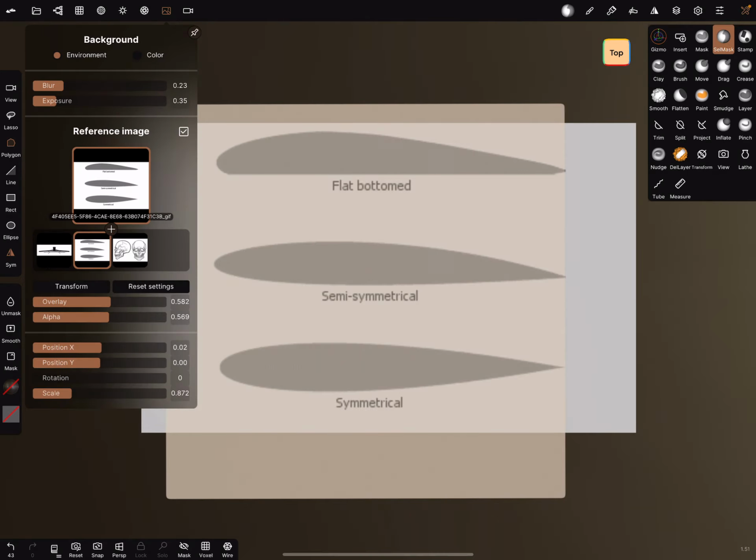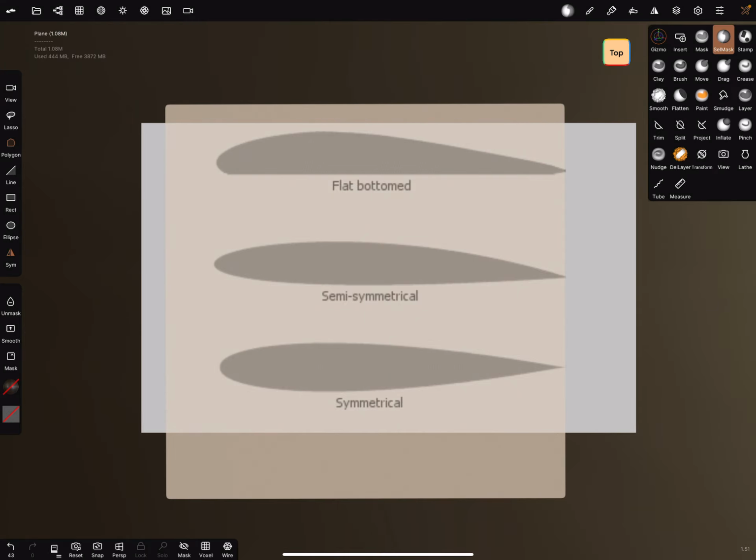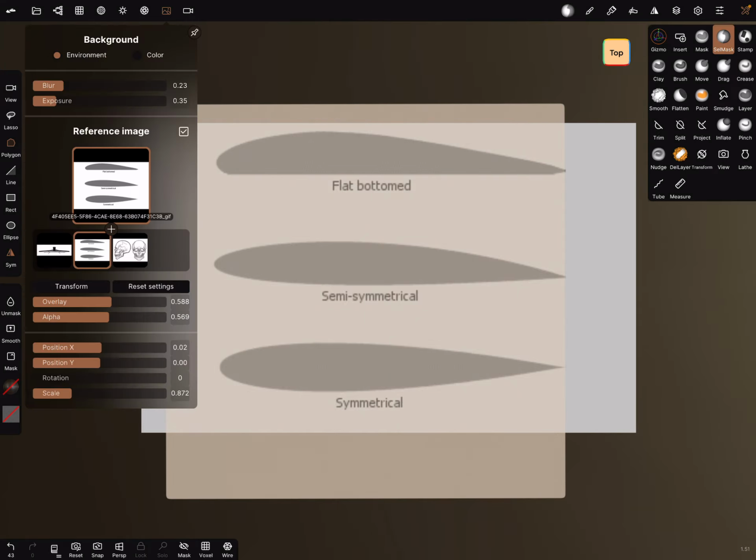With a reference image, we can adjust the overlay to see it through the plane, to trace it. Okay. And we can position it.